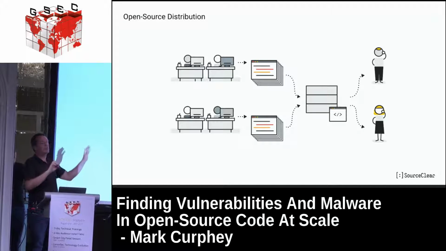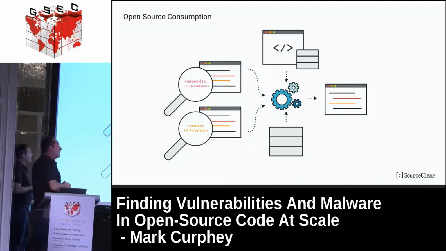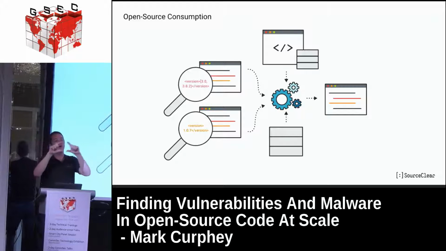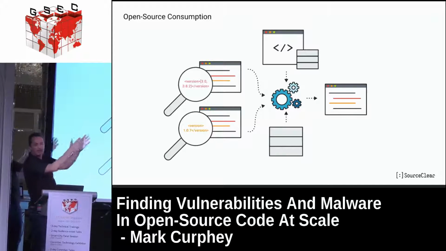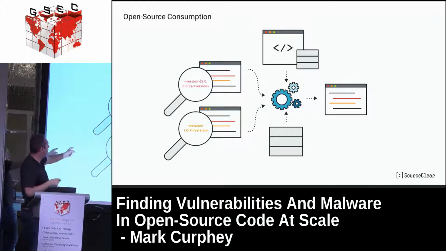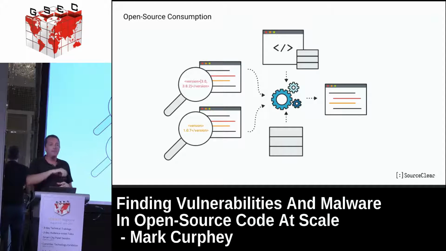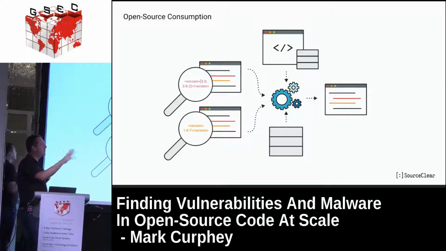But fundamentally, two things, right? There's where the code lives, and then there's where it gets distributed. And then what happens is when the developer wants to consume it, he will basically specify what he wants to use. So he'll say, great, I want to use a version between this range of this library, and in another part of the application, he says, I want to use this specific version of this library, and it gets run by a thing called a package manager. So in the Java world, it's Maven or Gradle, Ruby, Bundler, NPM, Yarn is the thing that's taken over, written by Facebook to do all the JavaScript dev.